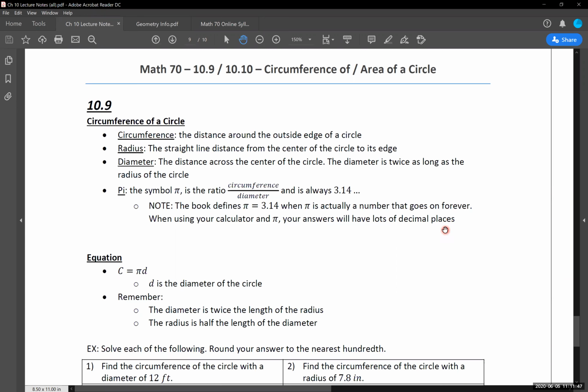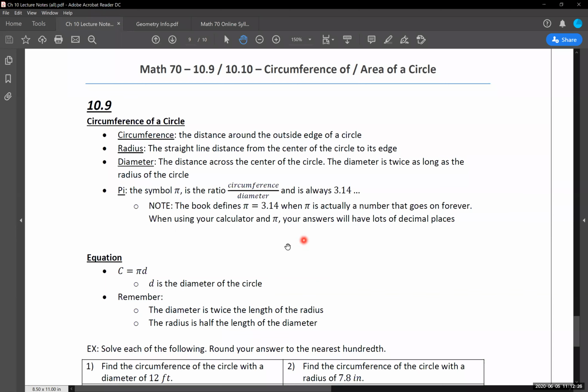For the homework, and more specifically for the test when it comes around, I will be doing my best to specify to you guys to round your final answer to the nearest tenth, hundredth, thousandth, anything like that. So when you plug pi times a bunch of other stuff into your calculator, you'll get a big, long, gross decimal answer, but you will know where to round it to. Again, I don't want you guys having to guess at what I'm looking for as a final answer, so I will do my best to specify where to round accordingly. It will be on you to plug in the necessary numbers and plug in pi into your calculator correctly, though.